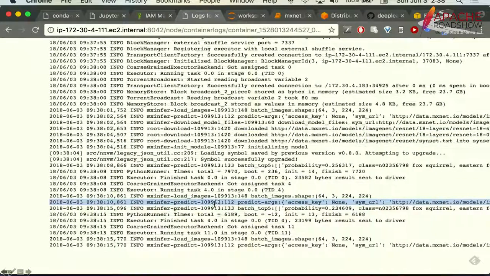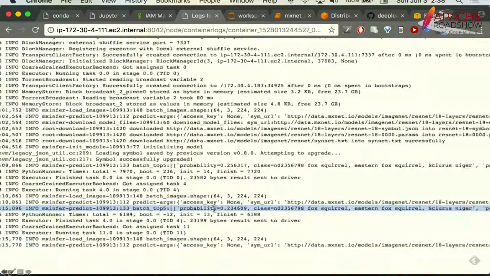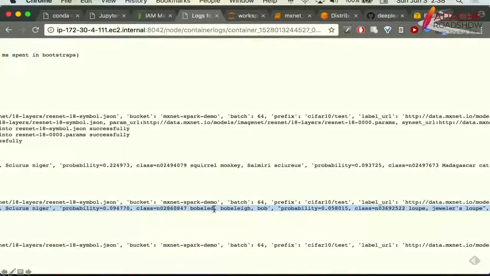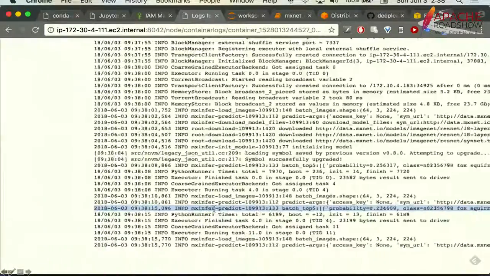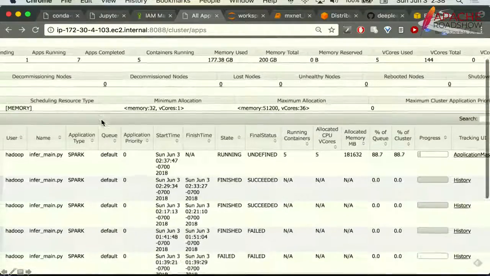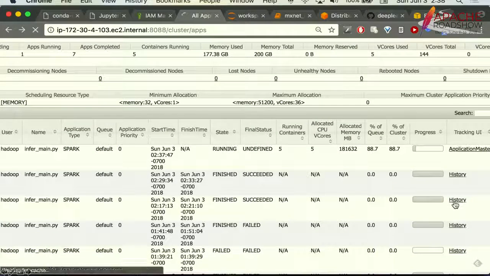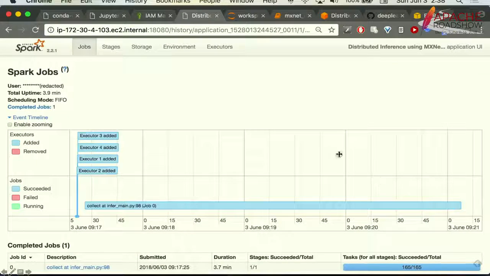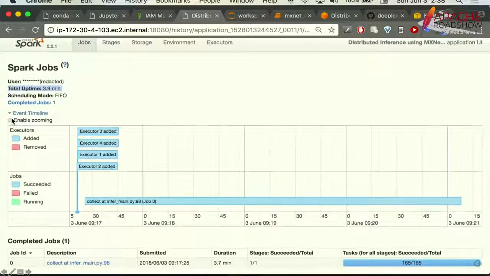And then you can see it ran a prediction on a batch of images. That's great. Let's quickly look at the job that's already run. Okay. This is a job I had previously submitted, and you can see that it was able to process 10,000 images in about 4 minutes.